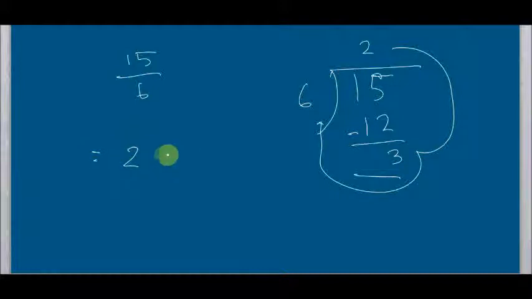2, the quotient, will be in the middle, 3, the remainder, will be the numerator, and 6, the divisor, will be the denominator. Okay, a quotient, numerator by denominator, that means divisor. I think it is very easy. You can practice by yourself, from your book, and if you have any problem you discuss.